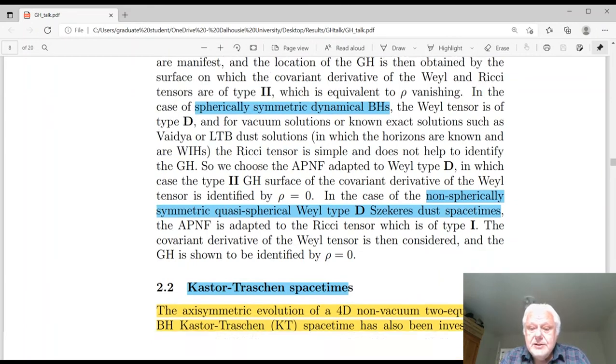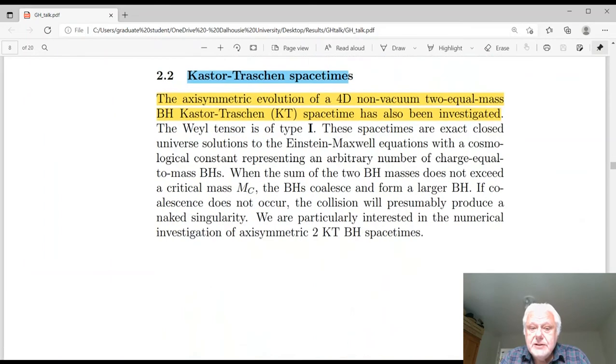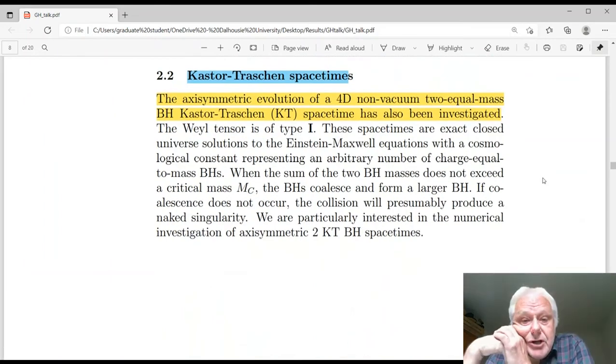A fourth set of examples come from a set of exact solutions. These are the so-called Kasner-Trashan spacetimes. These are four-dimensional non-vacuum, there's an electromagnetic field, equal mass black hole spacetimes. These have the advantage, of course, they're artificial, because to find an exact solution, there has to be some degeneracy